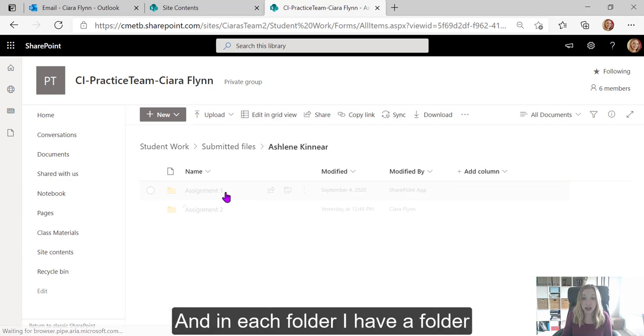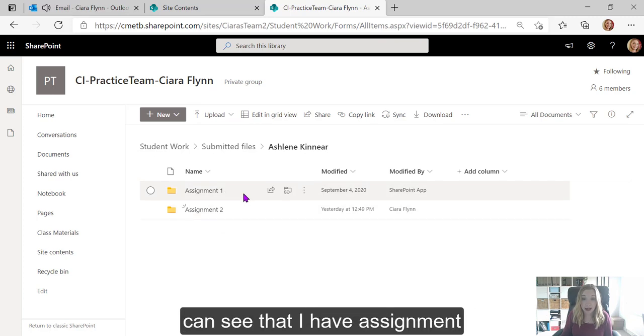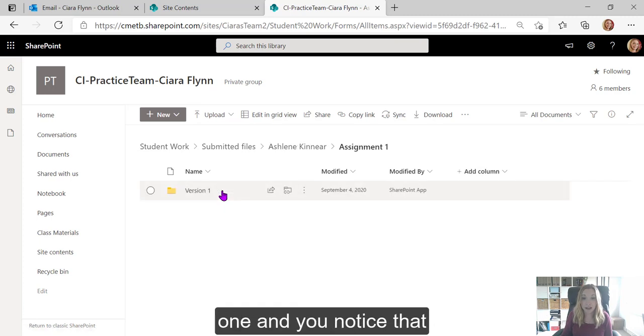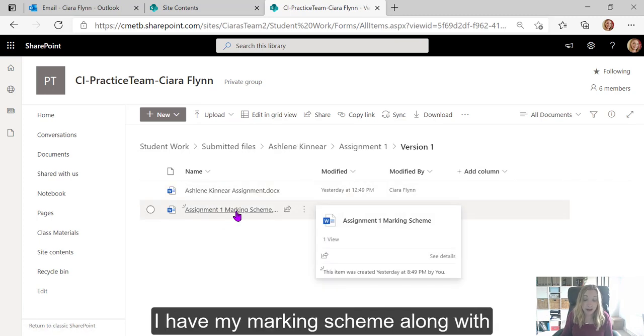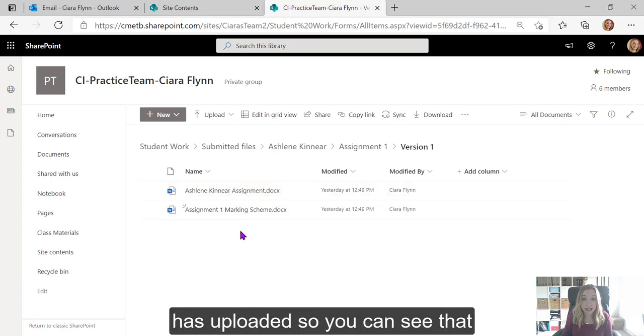And in each folder, I have a folder per assessment technique. So you can see that I have Assignment 1 and Assignment 2 here. If I click into Assignment 1, you'll notice that I have my marking scheme along with the assignment that the student has uploaded. So you can see that SharePoint organises everything really well for the teacher without any extra